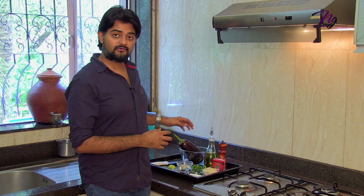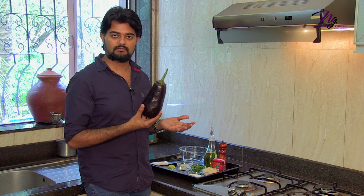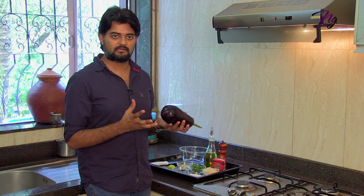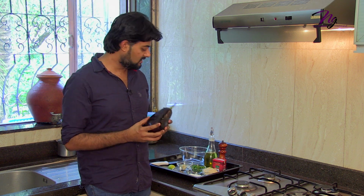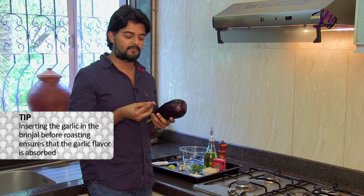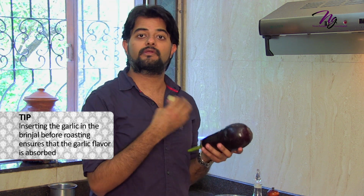So we're going to start with the first procedure. You take the brinjal, which I'm going to char grill. Now as kids we would eat bangan bharta, which was usually char grilled on an open fire. It's pretty much the same technique, but what I'm going to do is take these cloves of garlic and stuff them in, because this way you ensure that the garlic flavors get incorporated while it's being